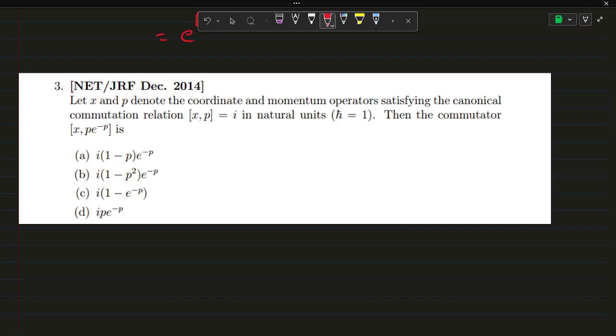Now let's go to question number 3. This question was asked in December 2014. The question is, let x and p denote the coordinate and momentum operator satisfying the canonical commutation relation xp is I. So in natural units ℏ, as we know xp gives iℏ. So here in the question it is given that ℏ is equal to 1. So then the commutator, we have to find the commutation of x and p e to the power minus p. So the solution will be